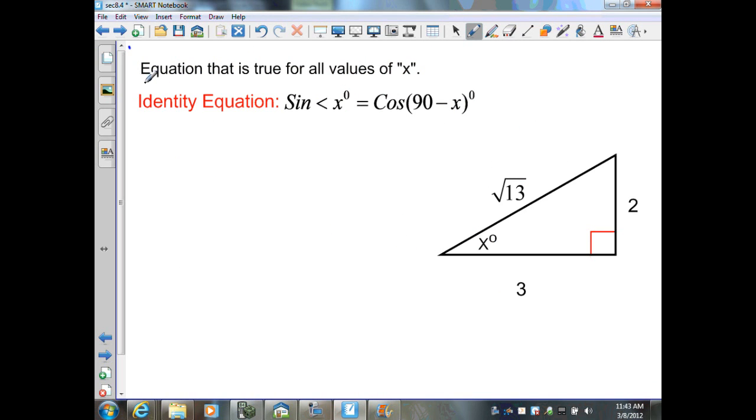The last two examples I've been working out with both acute angles to represent what we're doing on this slide. Here, this is an equation that is true for all values of x, an identity equation. And what I've been showing is that the sine of angle x equals the cosine of 90 minus x. And what I've done is stated that on the previous slides that if I have angle x and if I use the sine of angle x,